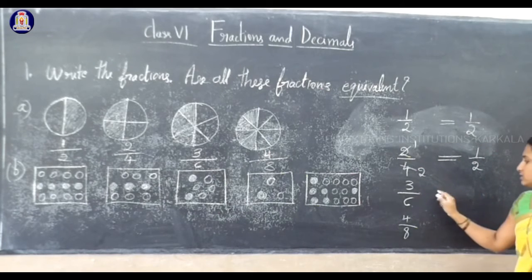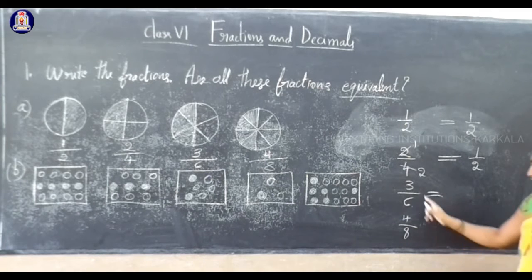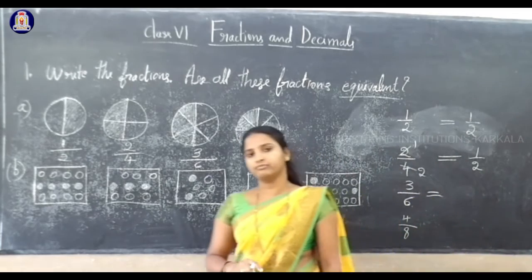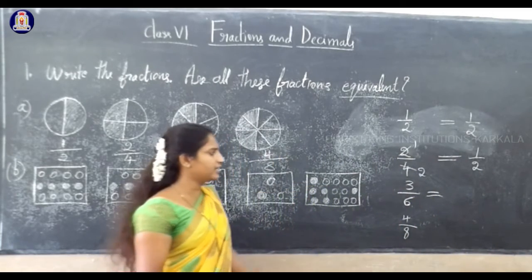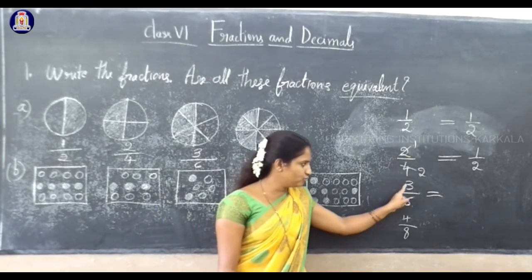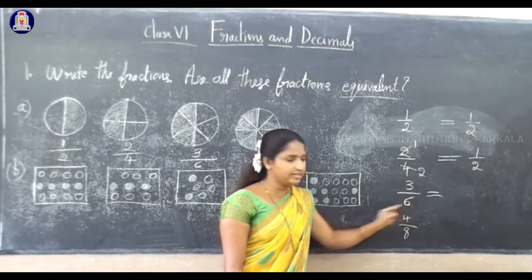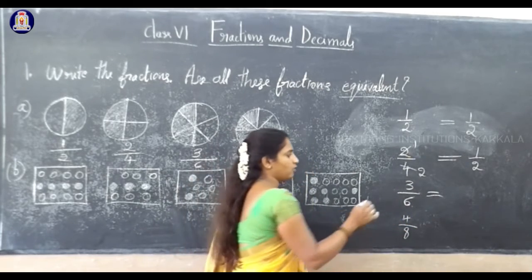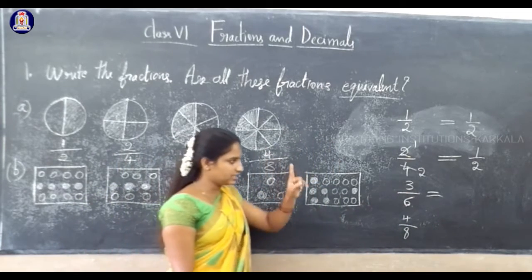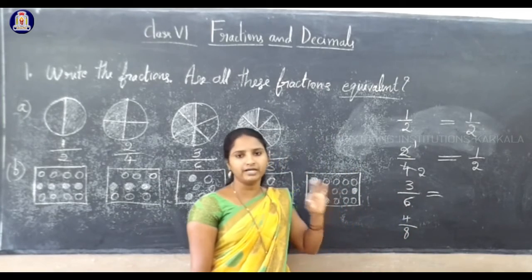Okay? Now see the third fraction, that is 3 by 6. Now the question is, can you simplify this? Can you divide 3 and 6 by the same number, the same table? That is the rule. If you are dividing the numerator by 3, the same number should divide the denominator also. You cannot divide by 6. Okay? Now 3 and 6 we can see in the 3 table, isn't it? 3 1s are 3, 3 2s are 6. So 3 and 6 are divisible by the 3 table.